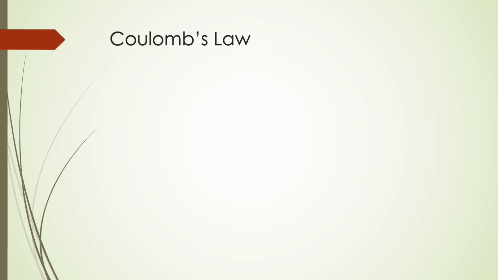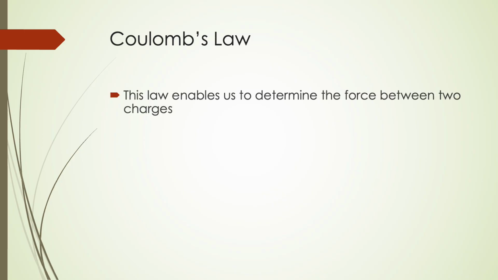Now, if we've got multiple charges, we have something known as Coulomb's Law, which enables us to determine the force between any two charges. So we've got our electrostatic force, which we have in absolute values, because it is, of course, going to have directions, but depending on how our charges are oriented with respect to each other and the signs of them, the directions will all be different. So the electrostatic force is equal to K times Q1 Q2 over R squared, where Fe